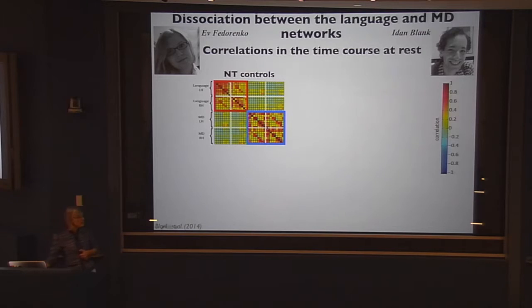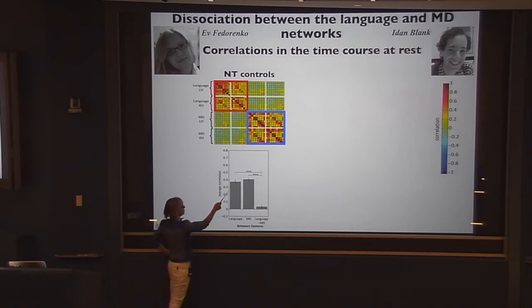And all of the multiple demand regions are correlated with other multiple demand regions, but there are not correlations between the two systems. So here are these big brain systems that span, from the temporal lobe up to the frontal lobe for the language system and the parietal lobe up to the frontal lobe for the multiple demand system across big expanses. They're all pretty strongly correlated despite those big distances in the brain at rest, but they're not correlated between. So here's the mean correlation between any two language systems, between any two multiple demand systems, and between a language and a multiple demand system.